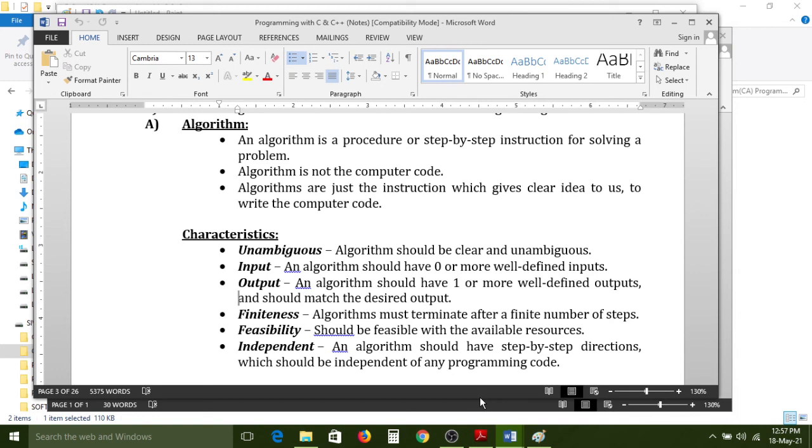After inserting that card, immediately it will ask for the PIN. So that is also an input. Like that, there may be a number of inputs according to your project. If your project requires a number of credentials, then you need to expect some inputs from the user, and those inputs also we need to give. And output: an algorithm should have one or more well-defined outputs and should match the desired output.